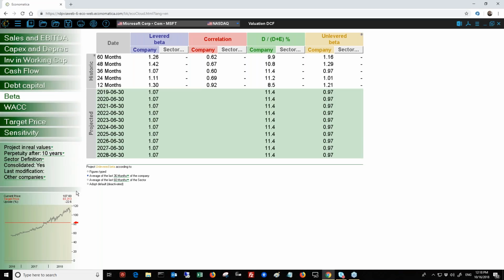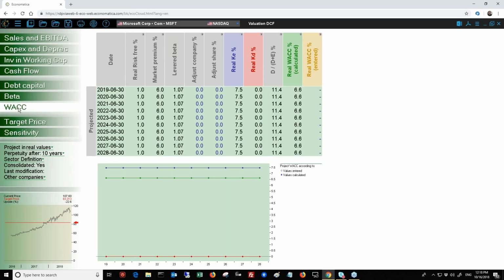Let's take a look at the next screen here on the left-hand side, which is the WACC, the weighted average cost of capital, or the discount rate. Click on WACC, and here it is. So using this screen, we can see that the system arrived at a 6.6 discount rate or weighted average cost of capital. Again, this would be the standard formula for your WACC calculation. It's cost of debt times D over D plus E,